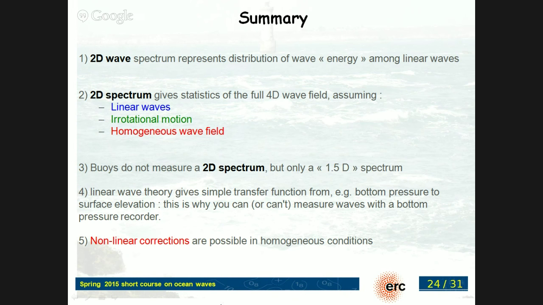Anyway, one caveat here is that the buoys actually do not measure a 2D spectrum, but something like a 1.5 dimensional spectrum. What I mean by this is that at each frequency we only have 5 parameters, and so you have to be careful about that. It's almost the same with ADCP that have these funny wave modes. So potentially it says that it can go like an array processing and can go to higher resolution, and so on. Well, the comparisons that have been made of buoys or arrays compared to ADCP processing show that in practice, the moments are okay, but the details of the 2D spectrum may not be that great.